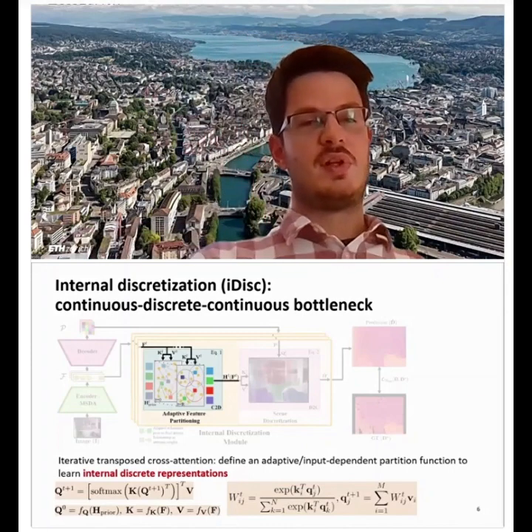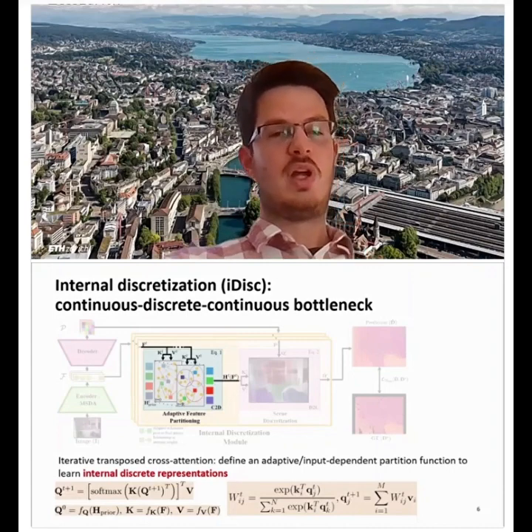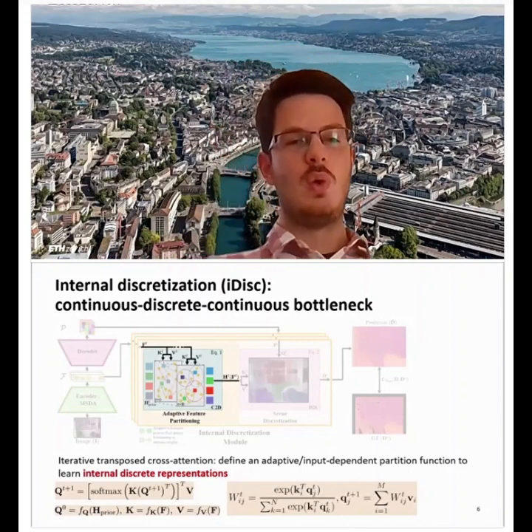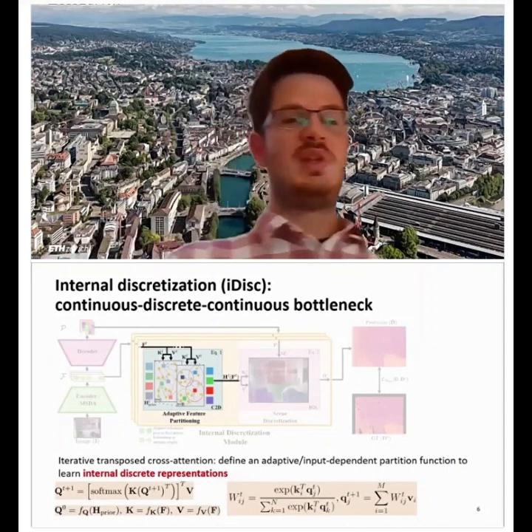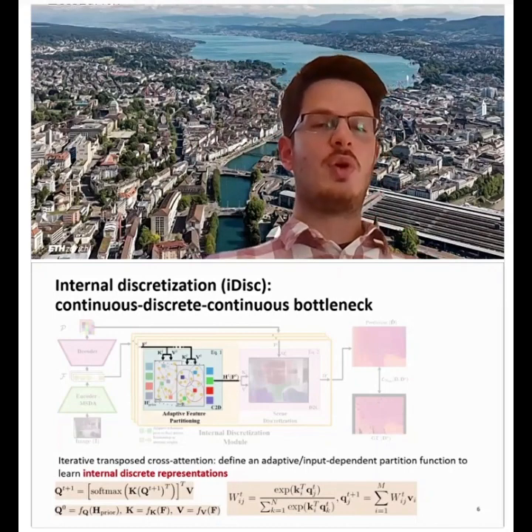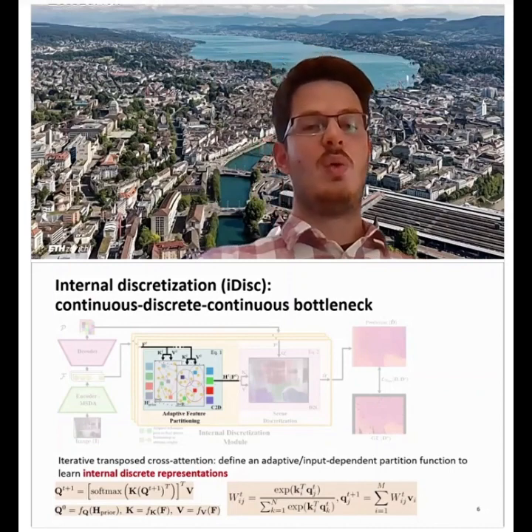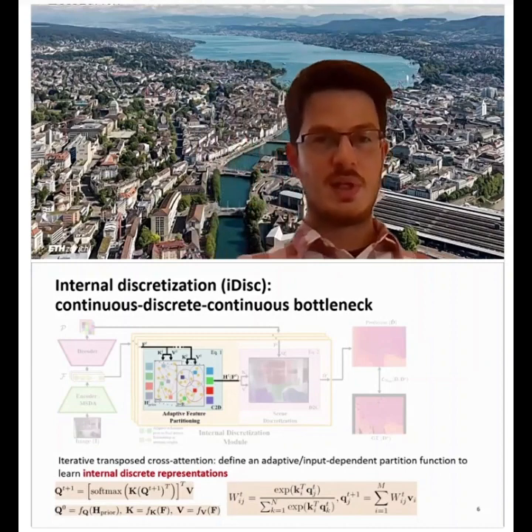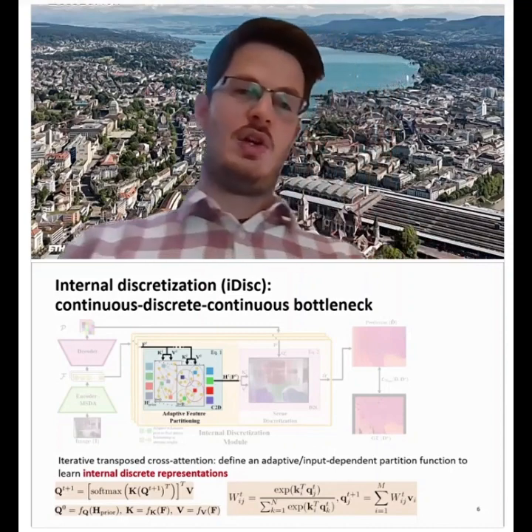So instead of the normal cross-attention operation, or the general attention operation, where basically we have a softmax of the matrix of the queries Q times the matrix of the keys K transpose, here we take the transpose of this matrix, we then apply the softmax, and afterwards we take again the transpose. So basically what we do in this way is that we enforce and encourage competition between the different queries, which come from the priors that we want to cluster our scene into.